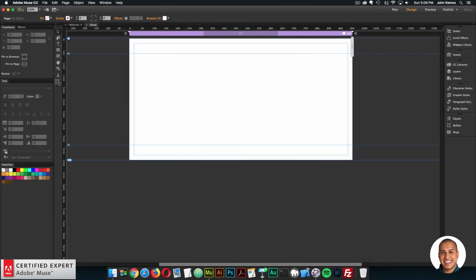So here I'll open Muse. I have a blank site. So once you download the Zoom and Pan Slideshow widget, whether you purchase individually or from the subscription, you'll get a zip file, and then you simply extract the zip file. And in that folder, there's a .mulib file, so you double click, and it will install directly into the library